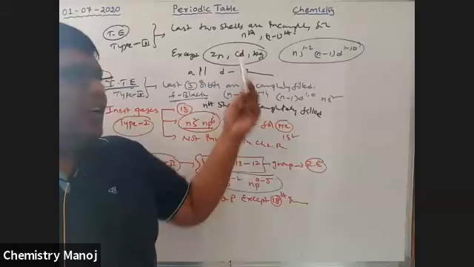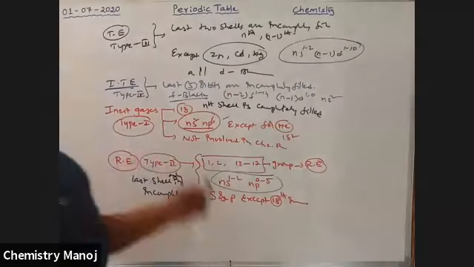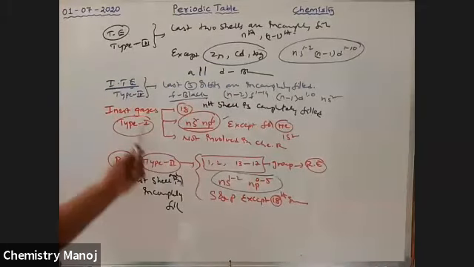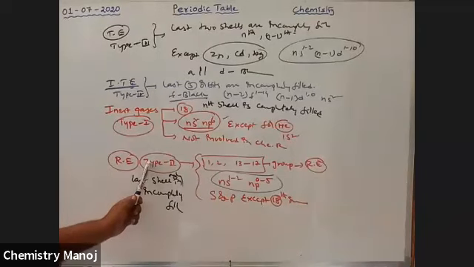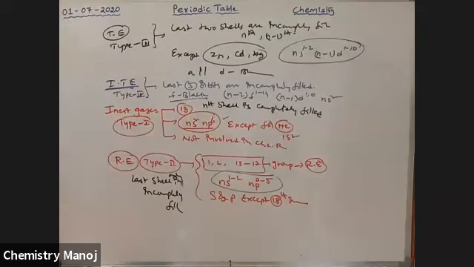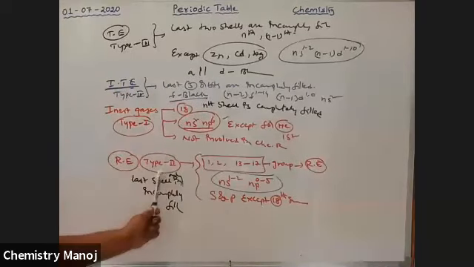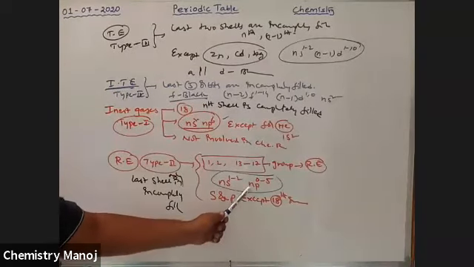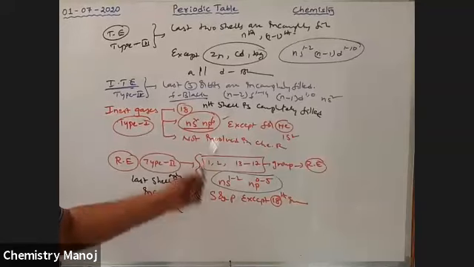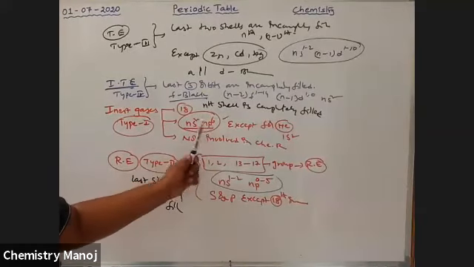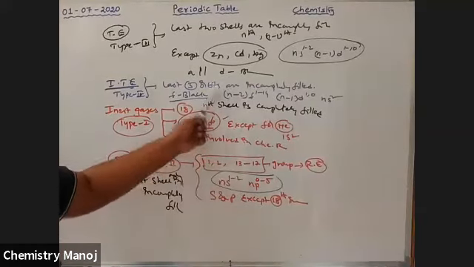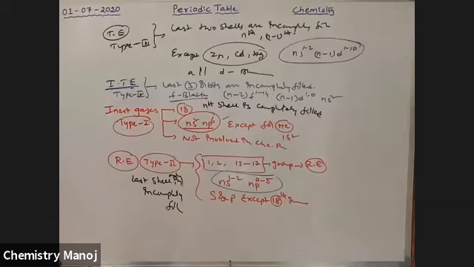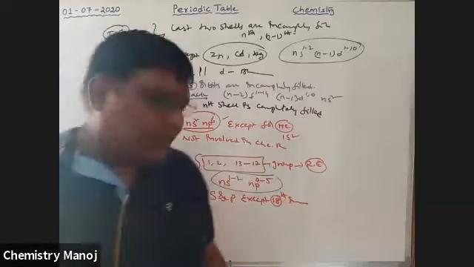So these are the different types of elements. Type 1 inert gases, type 2 representative element, type 3 transition element, type 4 inner transition element. These are nothing but f block elements. These are nothing but d block elements except zinc, cadmium, mercury. These are nothing but s and p block elements except 18th group elements. Next, this is only for 18th group elements. So these are the different classifications.